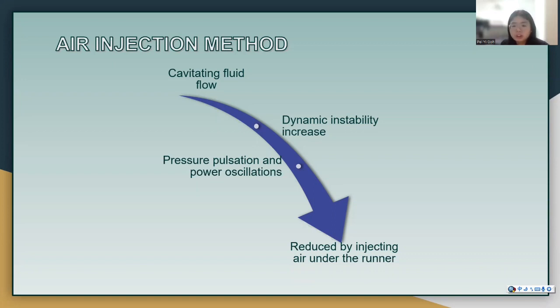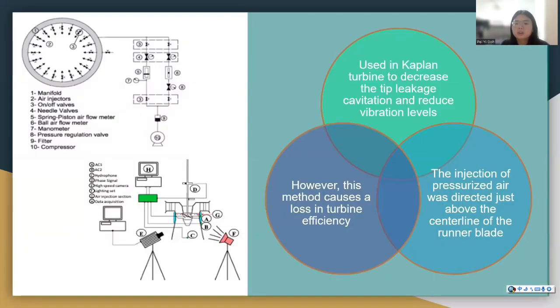As we found in the research, this method has resulted in an almost two-fold decrease in the rate of pressure fluctuations in the various regions of the hydraulic turbines. This technique has also been used on the Kaplan turbine model to mitigate the deep leakage cavitations and reduce vibration levels. In this design, evenly spaced holes on a stainless steel manifold are carefully positioned as shown in the figure,